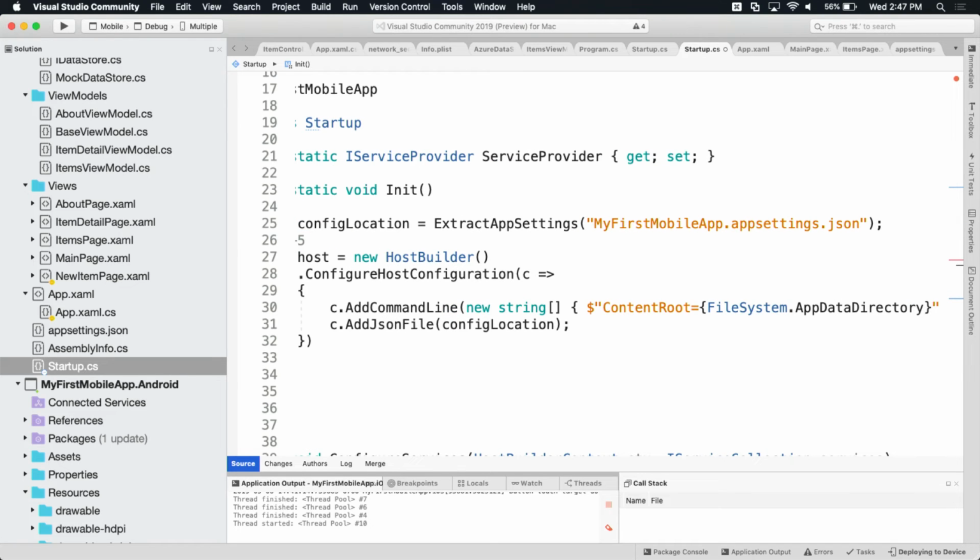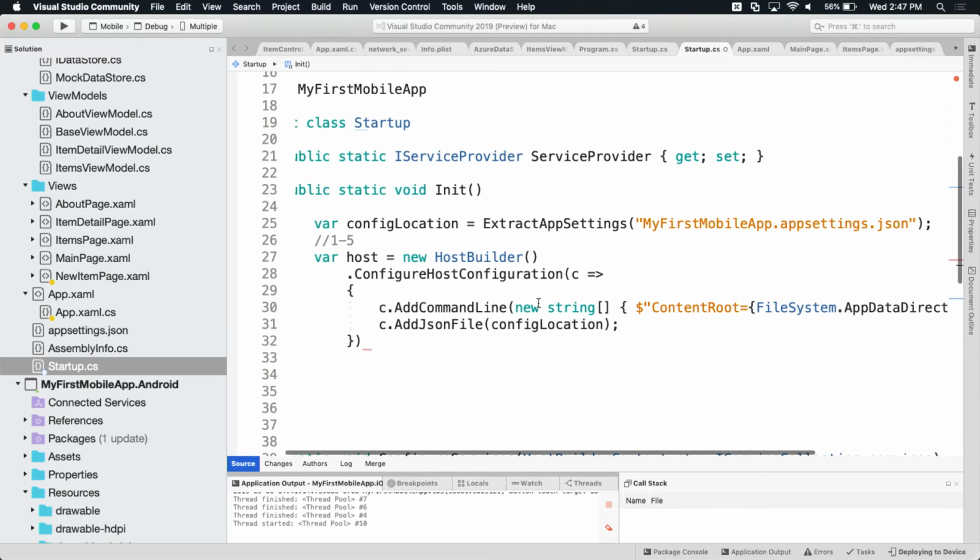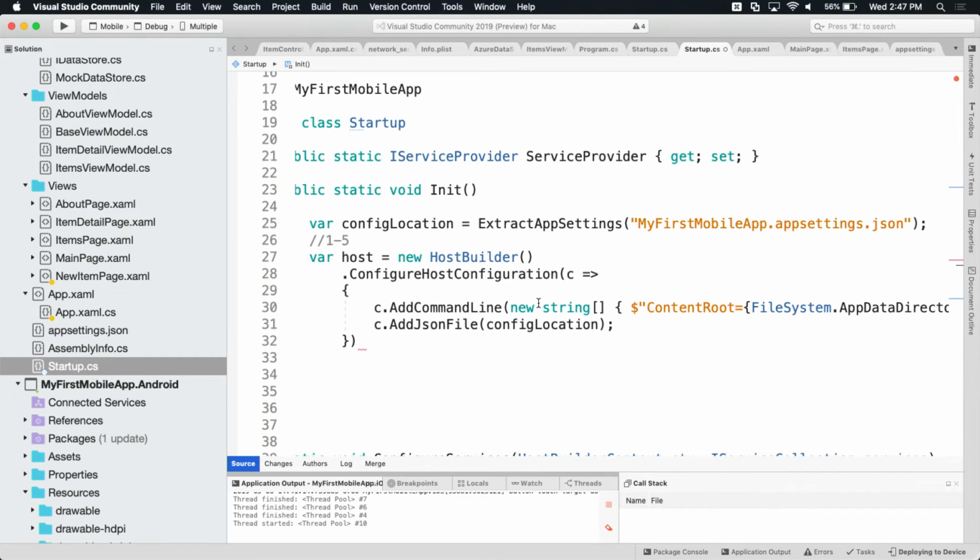So what we're doing here is we're saying create the configuration system. So you use iConfiguration in ASP.NET Core applications. This is making a configuration setup. It's adding a command line config source, and that's adding the JSON file. And this here is just a trick to tell us where files live, because on mobile they're somewhat finicky about where files live. So this is telling where to use it via a convenient Xamarin API that works it out for us.